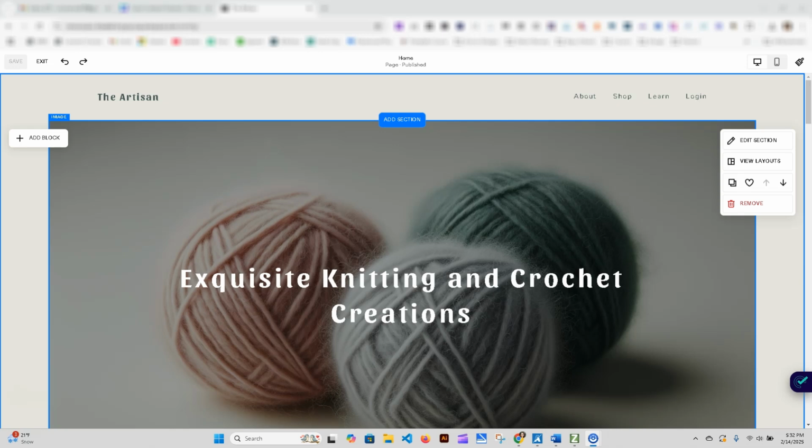Here we are on one of my sample web pages, and you can see I have this white text laid over an image of a couple balls of yarn. Now the opacity of the image is adjusted so the text really pops, which is great. What you'd want to do to start is test this white font against this middle lighter color yarn. That's the lightest point where they touch. So that's where you'd want to do your contrast test to start. And I've done that and it passes for large text.